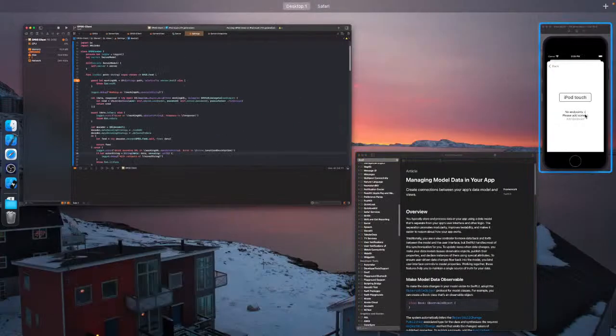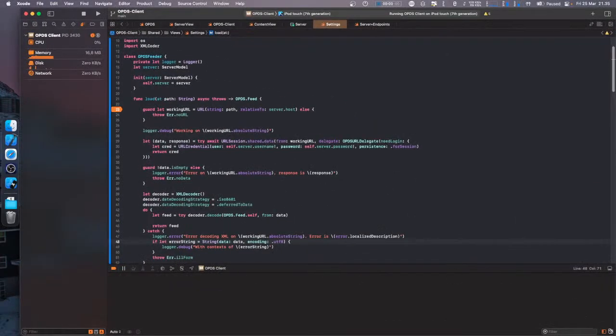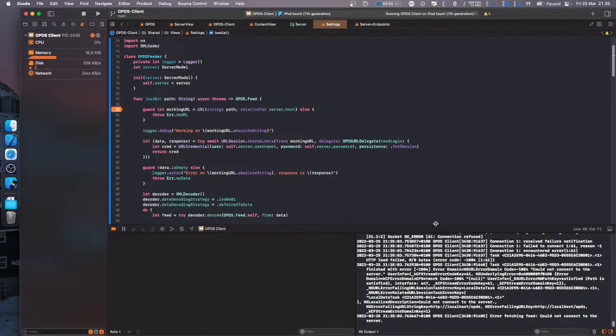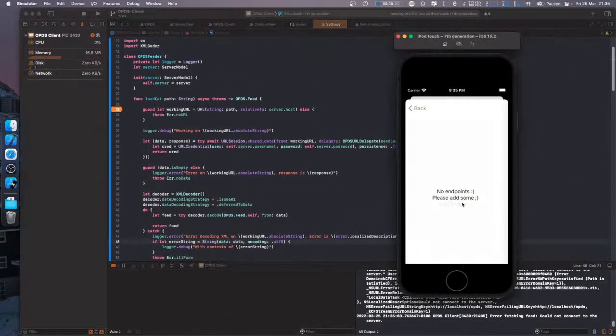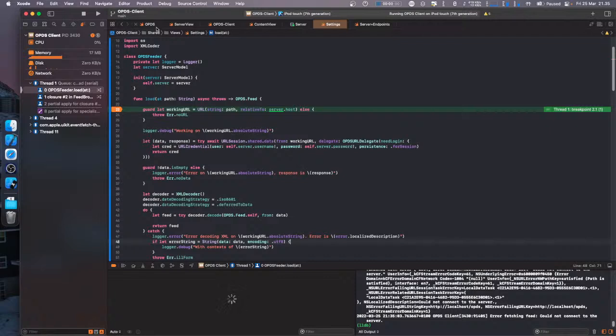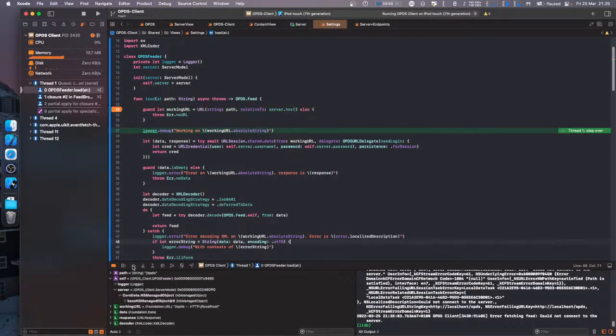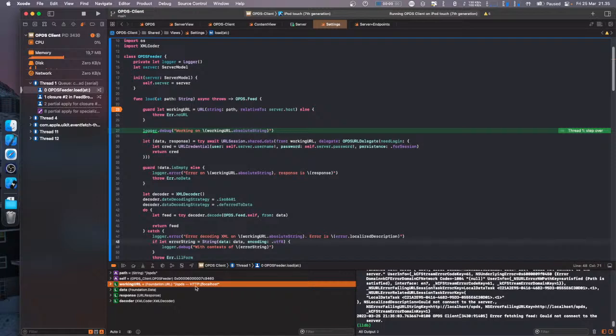So let's start from here. Oh wait, let's actually see if... could not connect to the server. Okay, add endpoint, right? So dash OPDS. We also have self, right? Self has a server, which is after. Right, so now we have a working URL, which is